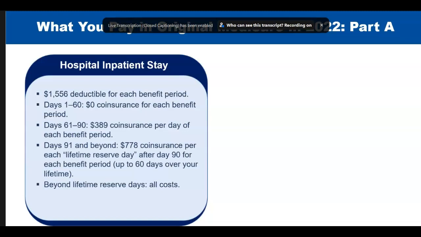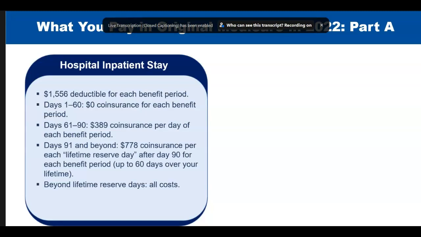So currently, after you pay the deductible amount of $1,556, there's no co-insurance for a hospital stay for days 1 through 60. And then there's a $389 co-insurance per day for hospital days that span between the 61st and the 90th day. And then $778 of co-insurance for each lifetime reserve day after the 90-day benefit period, for up to 60 days over your lifetime. So these reserve days are simply days that are in reserve that once you go beyond 91 days, you can use them up. And then once you get beyond that, Medicare will pay for all of your